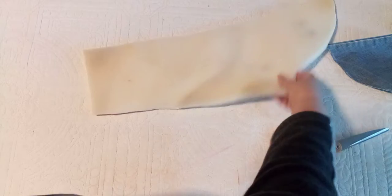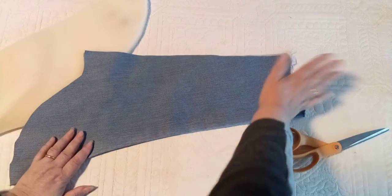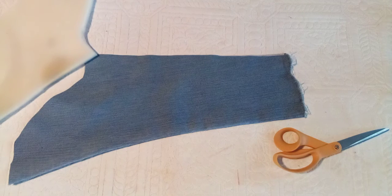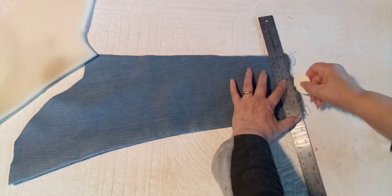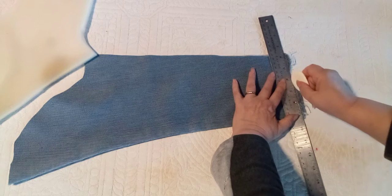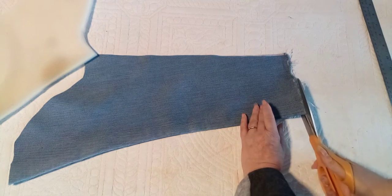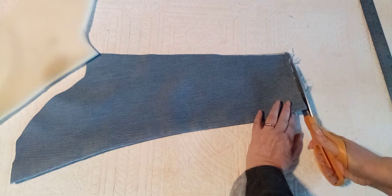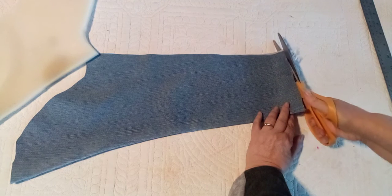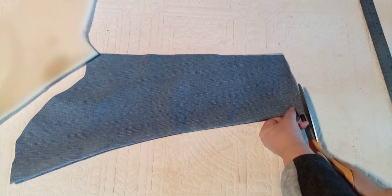Now what I'm going to do is adjust the bottom of the sleeve before I sew, because I want to prepare myself for clean work, and this is what I'm doing. Just putting the ruler and trying to get rid of the excess. I can cut, but it's easy to go with the soap, and I see where it is, and I'm gonna get rid of it right away. I don't want to wait. I don't want to start sewing and then start adjusting after I sew. I like everything being prepared before I start sewing. Taking all of the excess fabric that I don't need, getting rid of it,